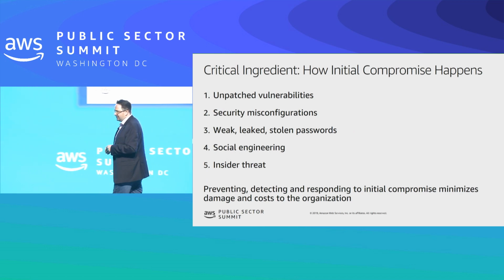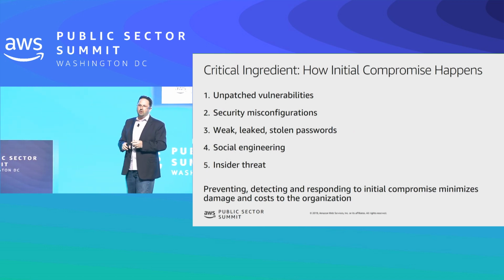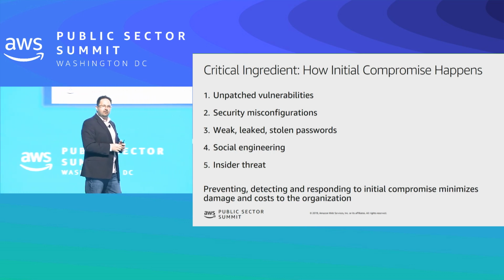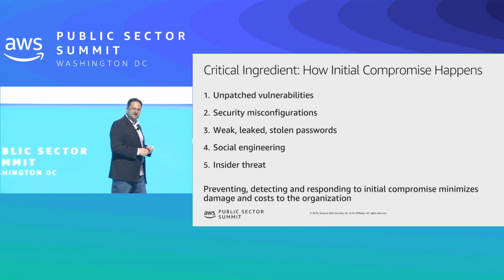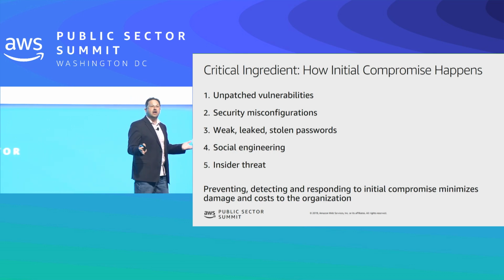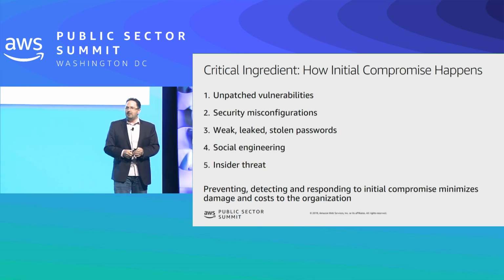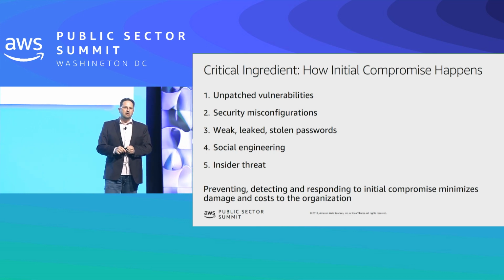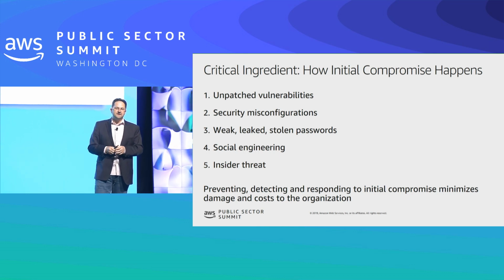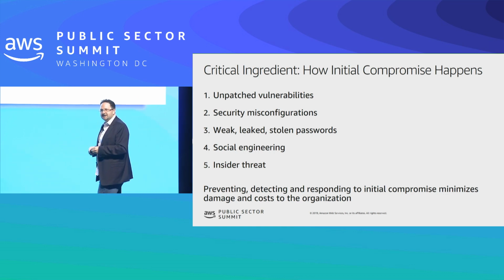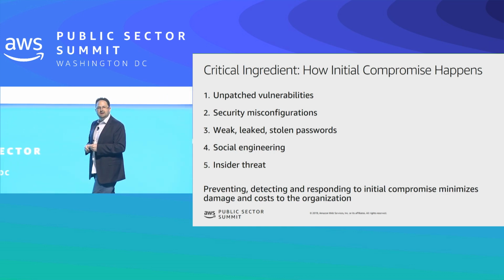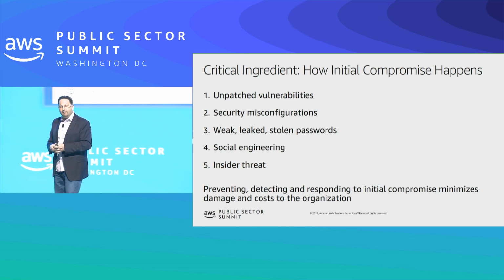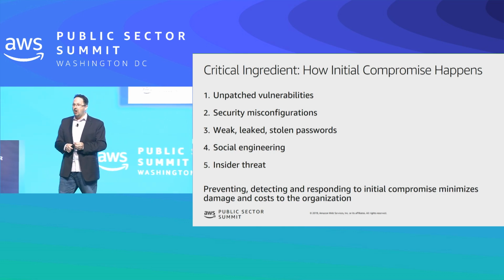These, what I'm showing you here, this is what I call a critical ingredient for success. Okay, in a former life, I owned threat intelligence for the largest software company in the world for a decade. And in that time, we published thousands and thousands of pages of threat intelligence. And I can tell you from publishing all of that threat intelligence, there are 5 ways that organizations get initially compromised. Okay, it makes it sound simple, but it really is true. There are 5 ways that organizations get initially compromised.